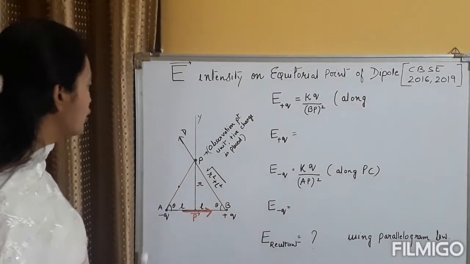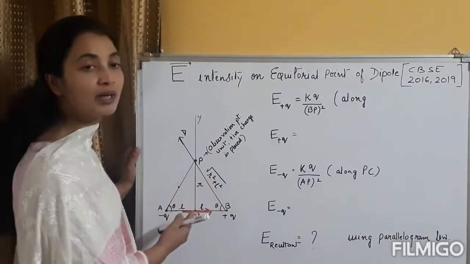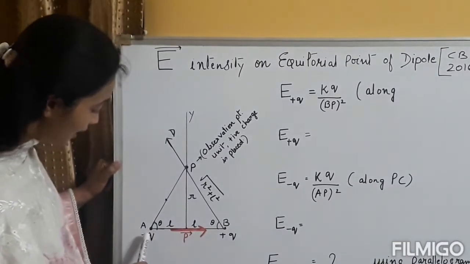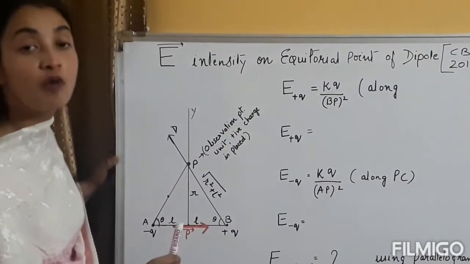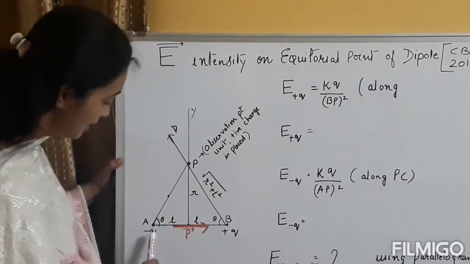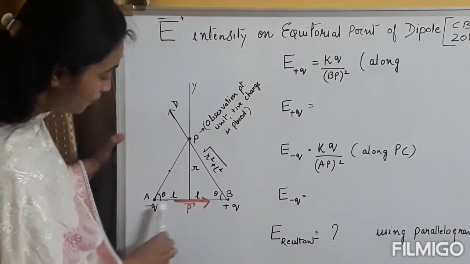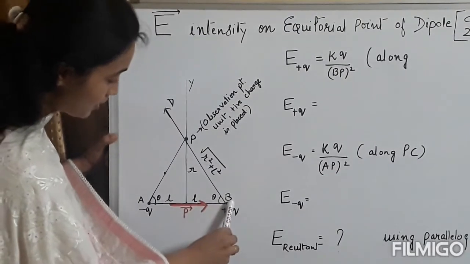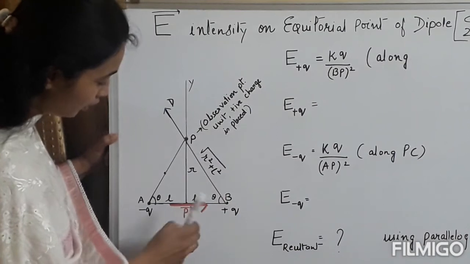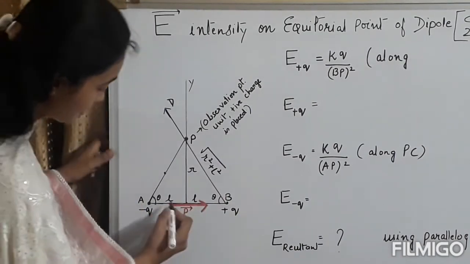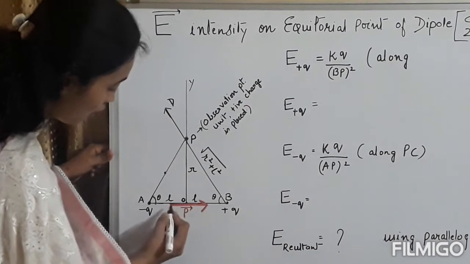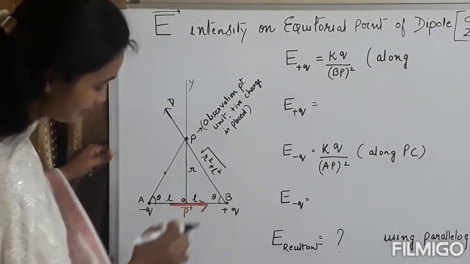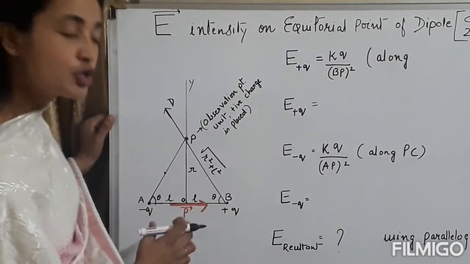So let's proceed with the topic. I would like you to concentrate on the figure here. Follow with me for the points. Here we have a dipole, a system of two equal and opposite charges, with charges minus q, plus q. Minus q is at A, plus q is at B, center of the dipole. Then if I call the center as O, this half length is L, the other half length is L. Total length of the dipole is 2L.